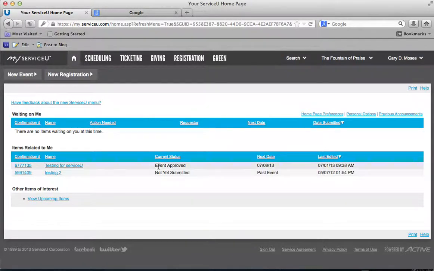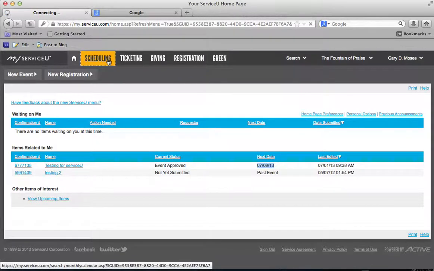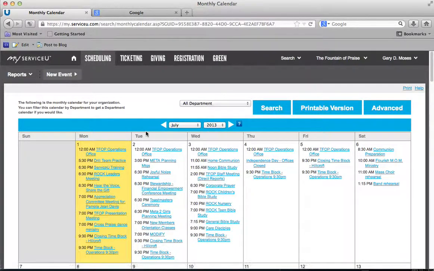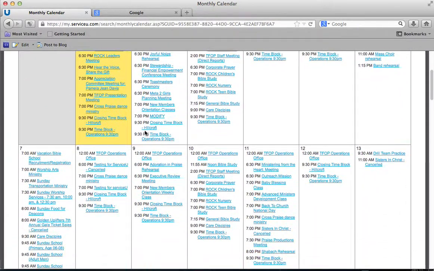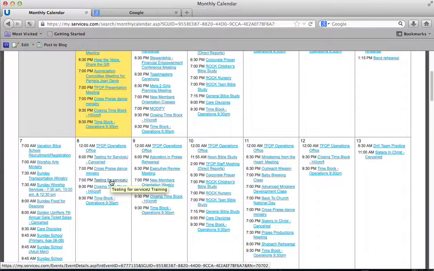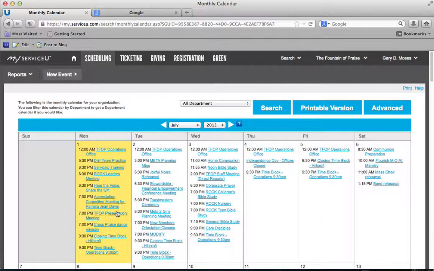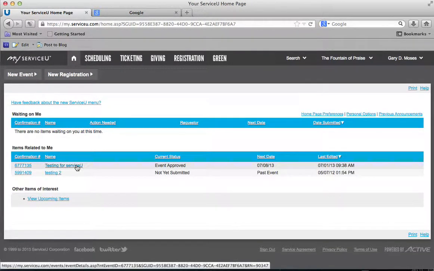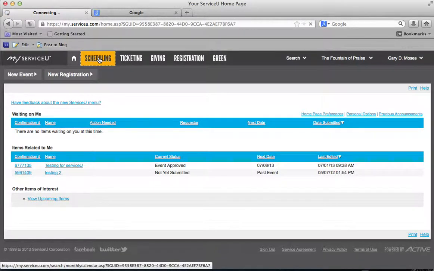So as you can see now, the event under items related to me states that this event is approved and it's July 8th. So if we go to the calendar and we go to July 8th, we should see it. There it is right there, testing for ServiceU. Now say for instance, if we wanted to cancel this particular event, there's two ways we can cancel. If we go to the home page, we can actually click on the event here, or if we were on the calendar